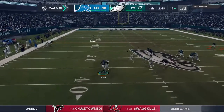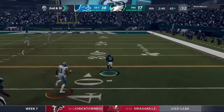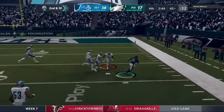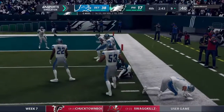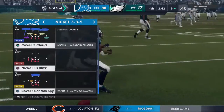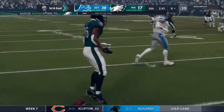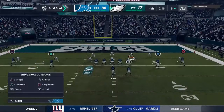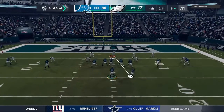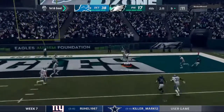Dancing to his left. They'll find Swift out of the backfield. And they move this all the way down to the 9. What a play that turns out to be. 36 yards. Defensively, I know they have the comfortable lead here in the 4th, but they do not want to give up big plays like that. They want to finish strong. So oftentimes in this situation...